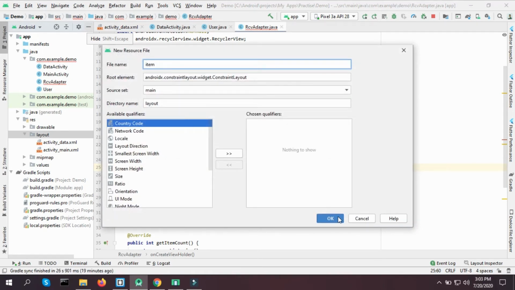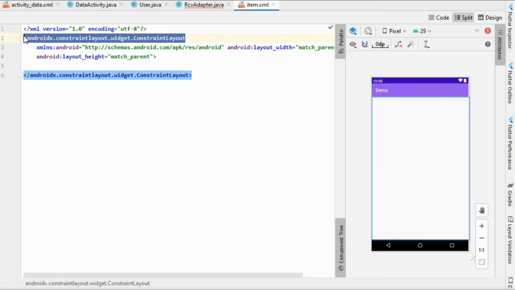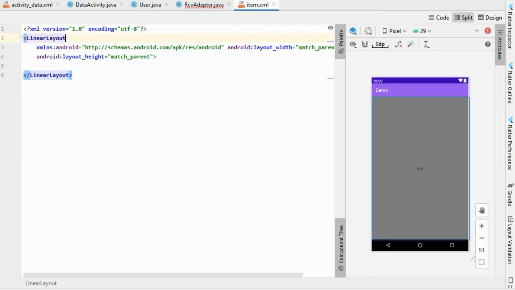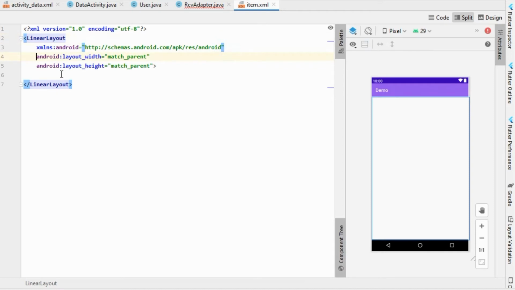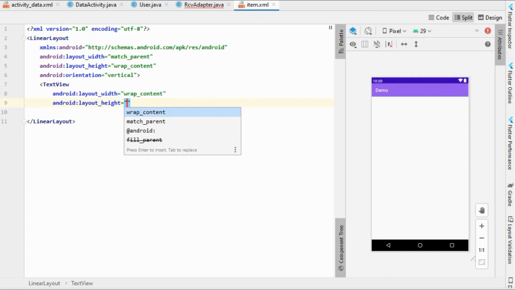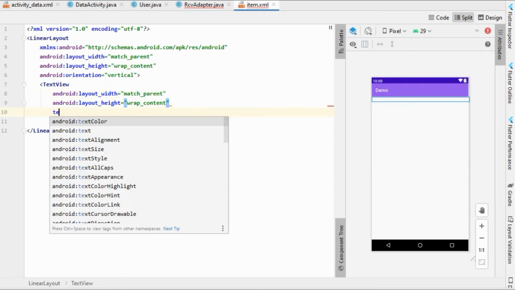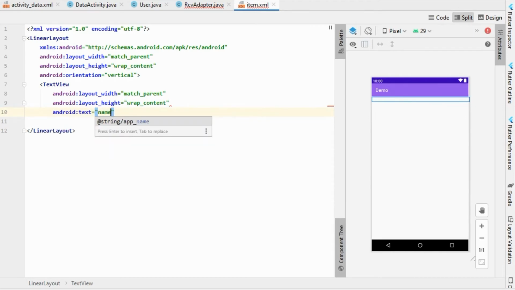We'll name it item, and first we change this constraint layout to linear layout, and the height will be wrap content, and orientation will be vertical. So let's take a text view first. Wrap content, and width will be match parent, I'm sorry, right? And text will be name,